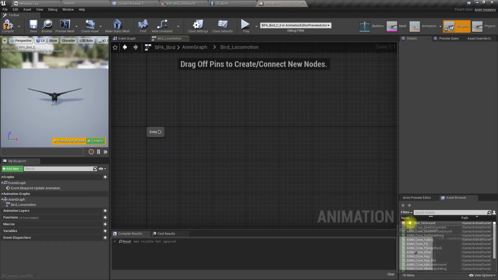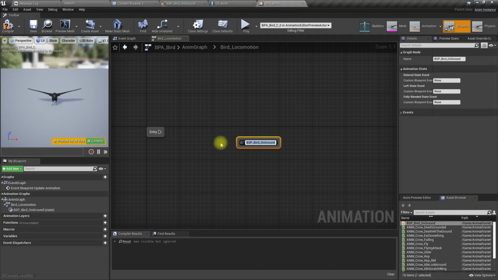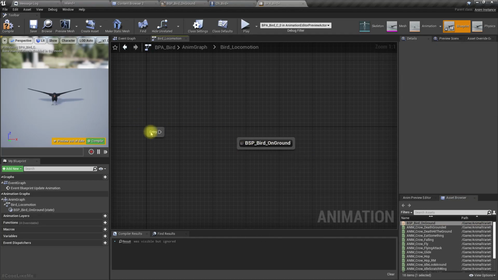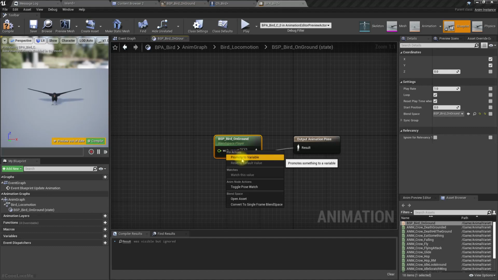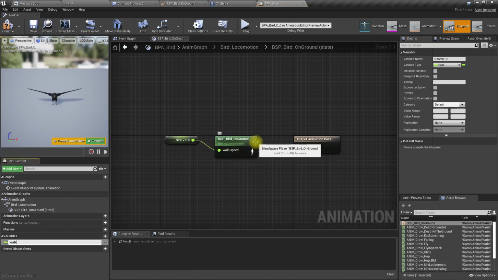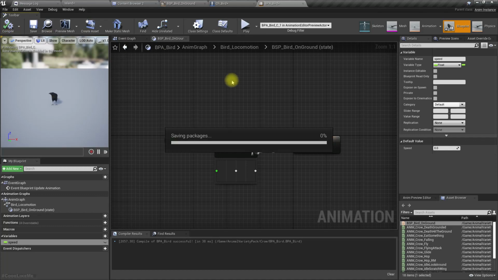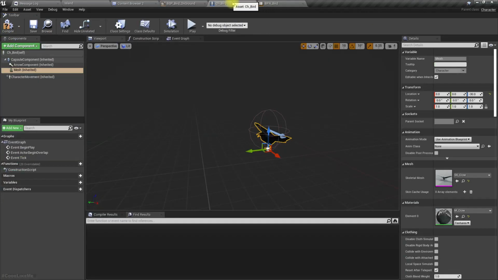Right, now let's use the BSP on ground as the entry state. Okay, let's promote this walk speed to a variable. Let's call it speed. Right, let's keep it like this for now.